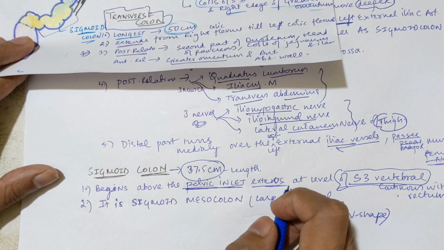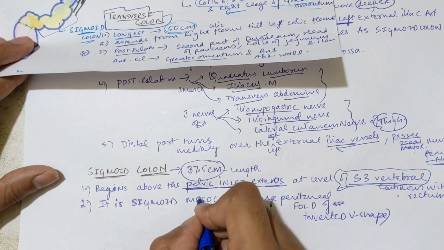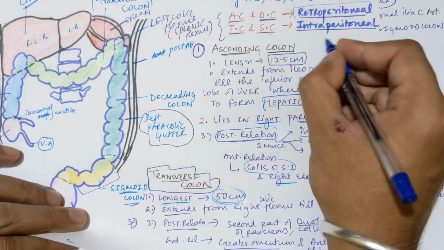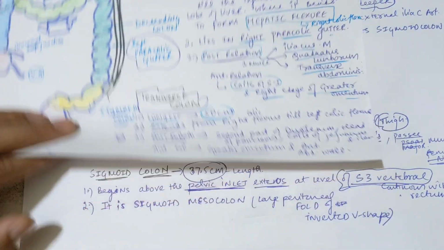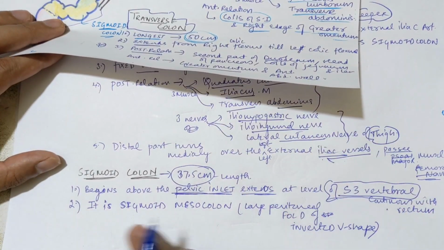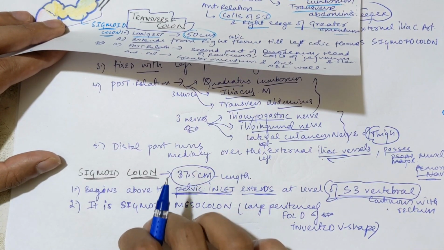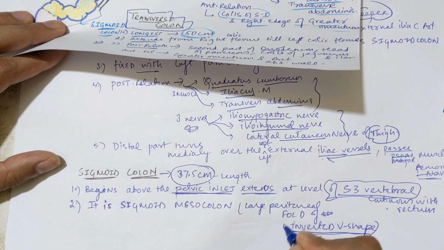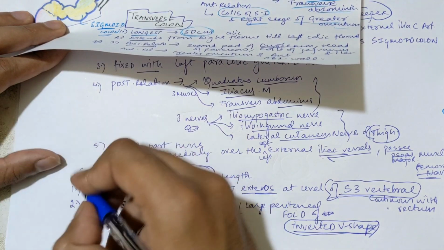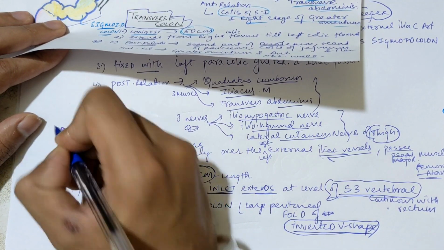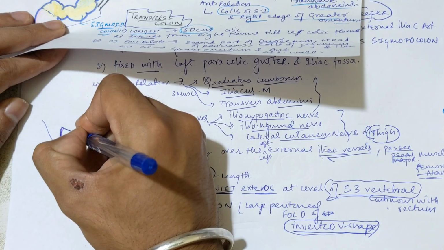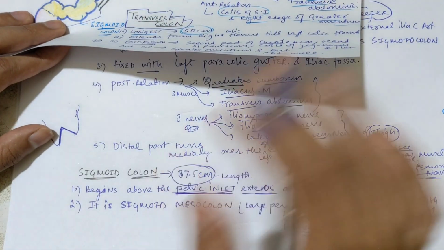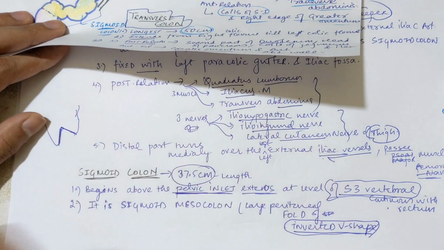And it is having a sigmoid mesocolon here. It is a sigmoid mesocolon like transverse mesocolon, because they both are intraperitoneal organs, so they will be having a mesentery here. So in the peritoneum video I have discussed this also, mesosigmoid, okay, the peritoneal layer, and it is a large peritoneal fold of inverted V shape. This is the main point. So this peritoneal fold will actually be V shape, inverted V shape. So it will be coming like that and covering the sigmoid colon from all sides and just continuing as a peritoneal layer. Clear? So it will be an inverted V shape.